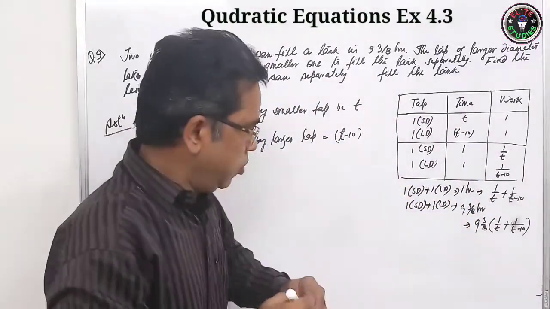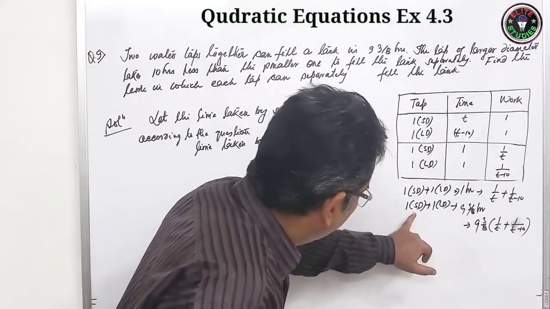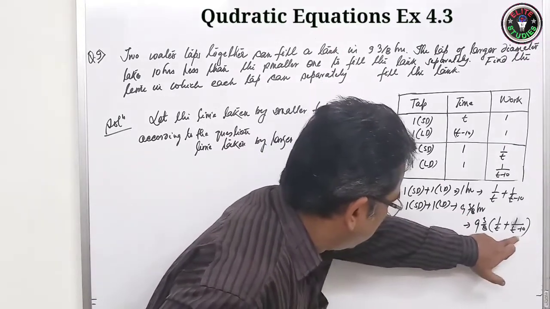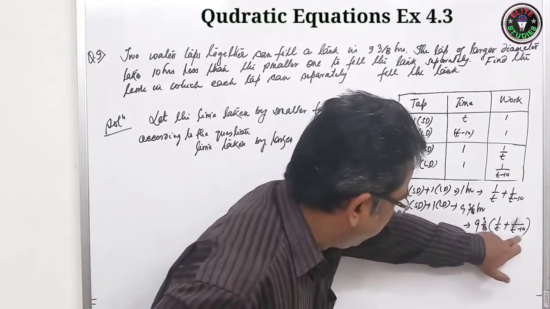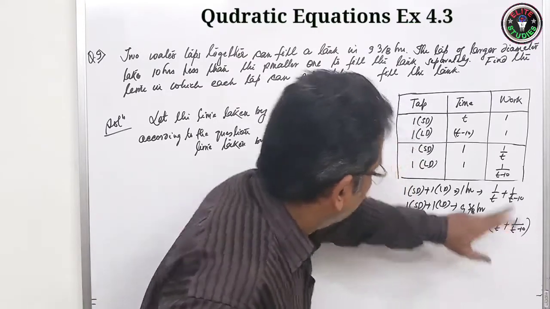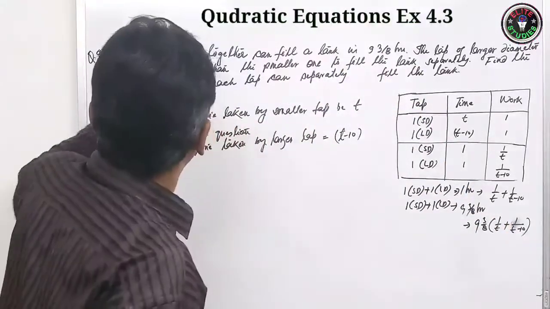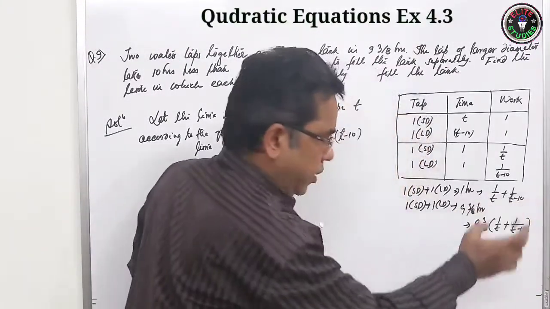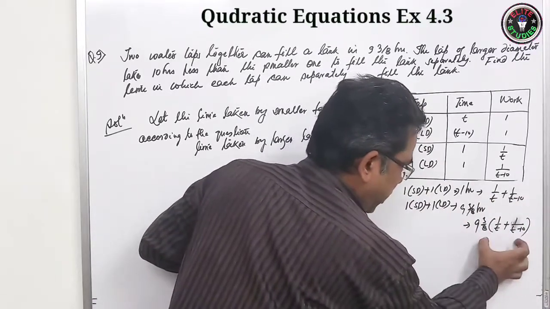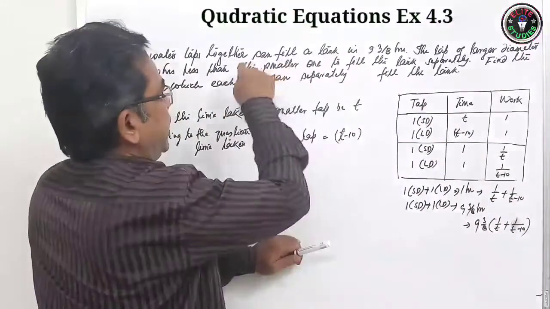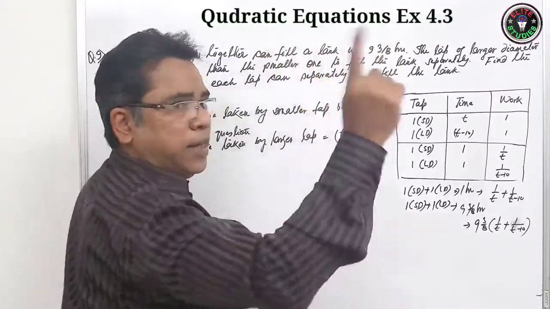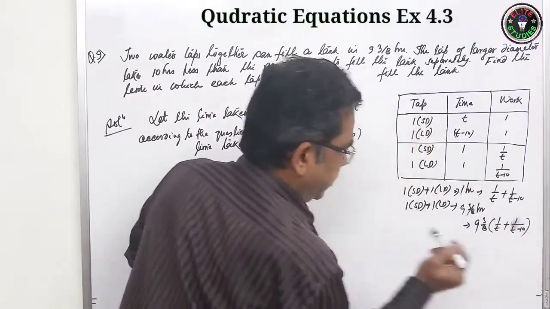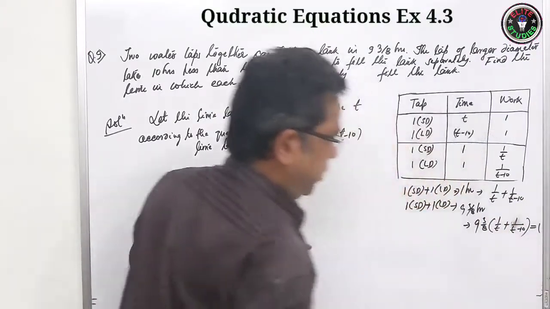Okay, students, both together in 9 3 by 8 hours finished the work. They have done this work. Now they have finished the tank: the 2 water taps together can fill the tank. This means this will be equal to 1. The work done by these 2 is equal to this much. In the question they have told us that they have filled the tank. The tank filled means the work done was 1 unit, and this is the work done we calculated. So this will be equal to 1.